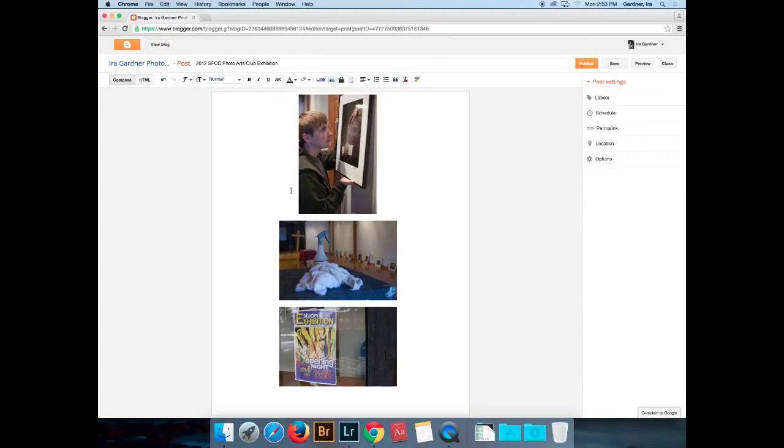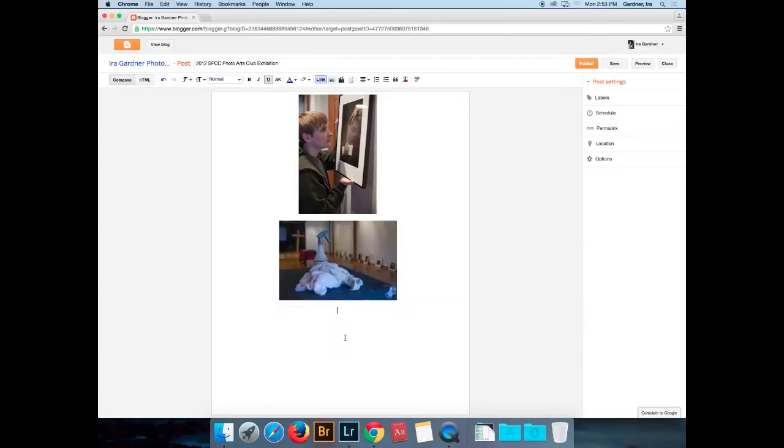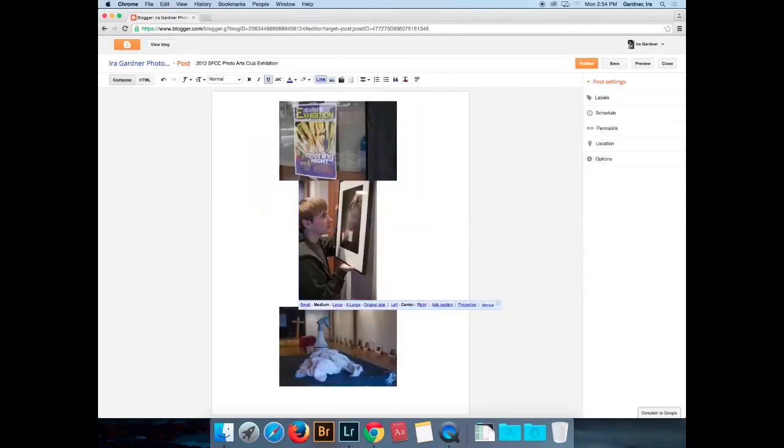It's visually interesting. This would be more of an establishing shot. This would be more of a detail shot. If I wanted to change it up, I would just cut and paste that in front of the other image so that that's the one that shows up if I publish that image. And I'm not taking the time to put the text in there. But if I go to view blog,